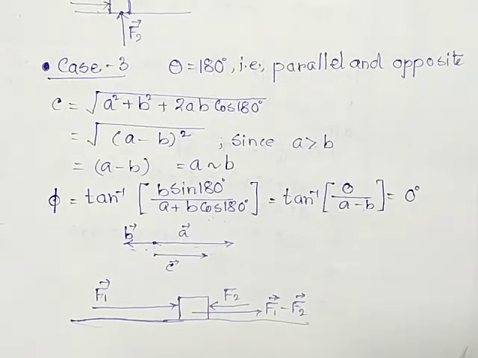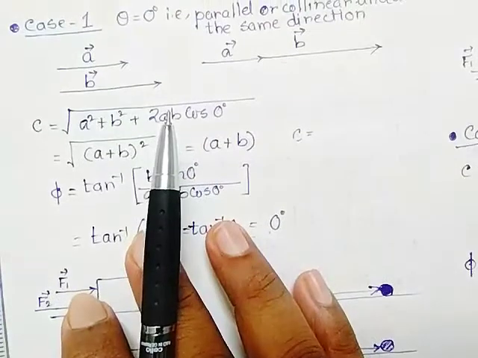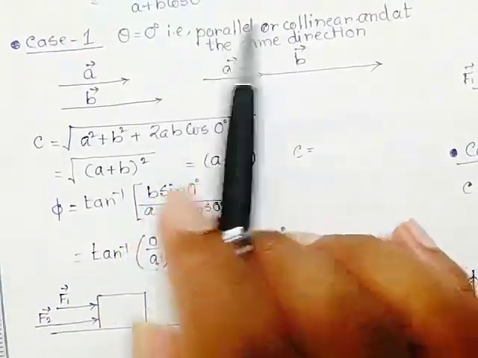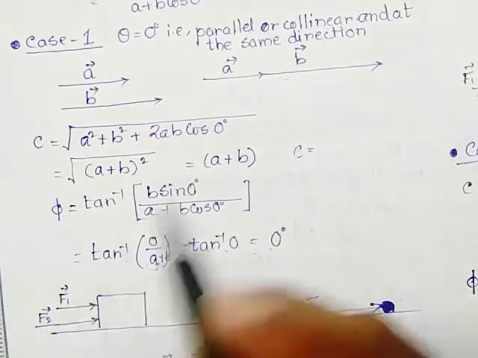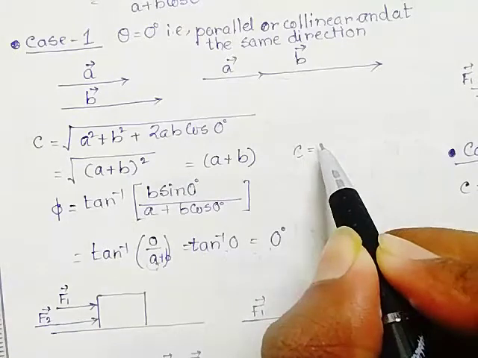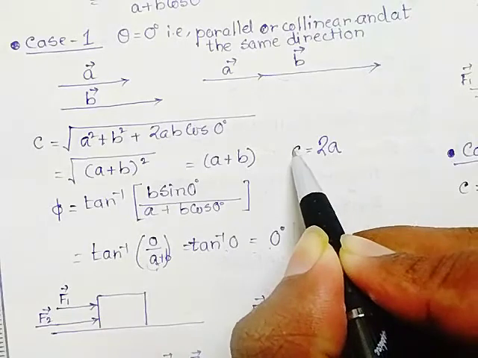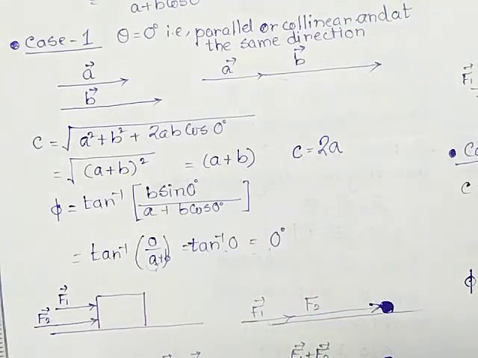So in each of the cases that I have discussed, I want to say, if the magnitudes of the two vectors are equal, what will happen? So just see, in the first case, theta equal to 0 degree, that is parallel, collinear and in the same direction. At that time, if the magnitudes of a and b are equal, then c will be equal to 2a,